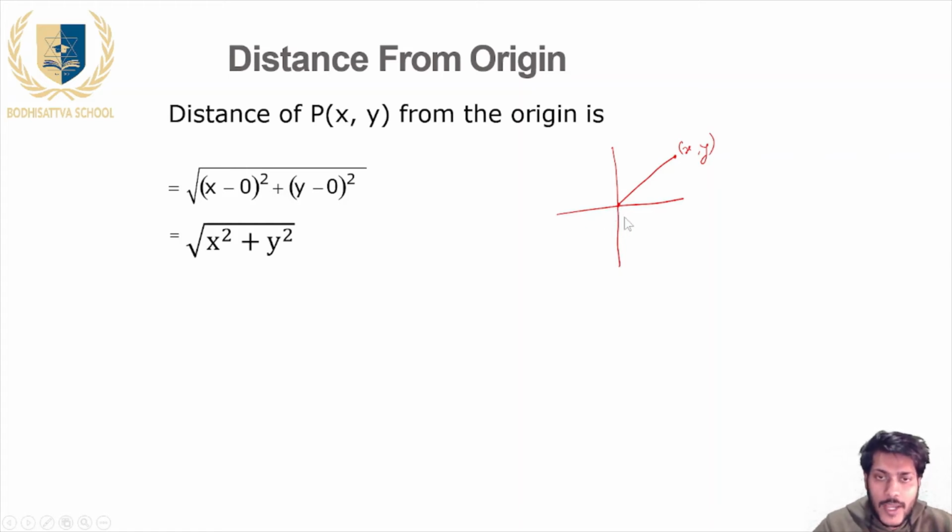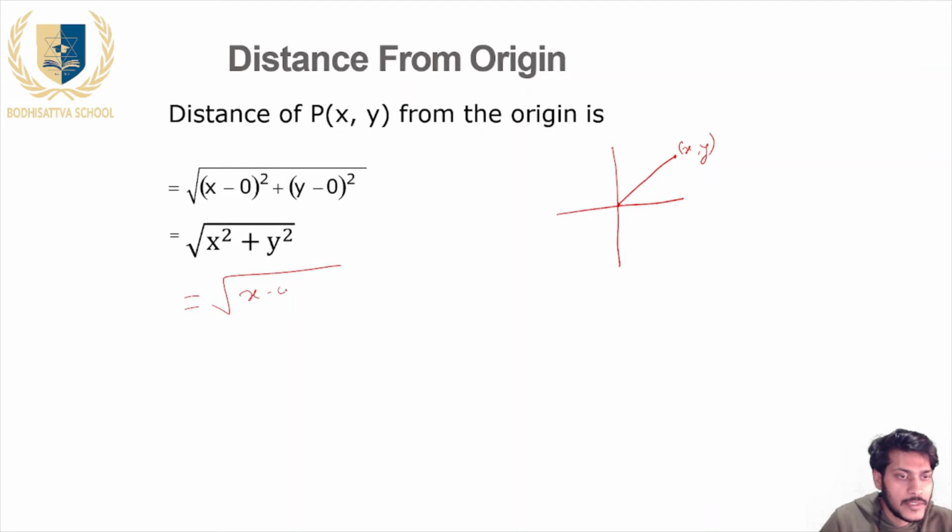x1 is 0 and y1 is 0, so putting those values we can see it will be root under (x minus 0) whole square plus (y minus 0) whole square, so it will be root under x square plus y square. It means the distance from the origin for any coordinate will be root under x coordinate square plus y coordinate square, equal to root under